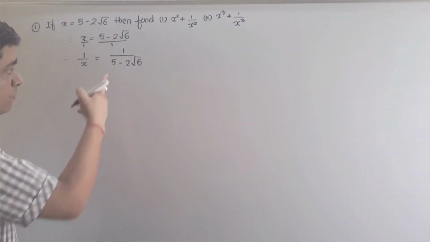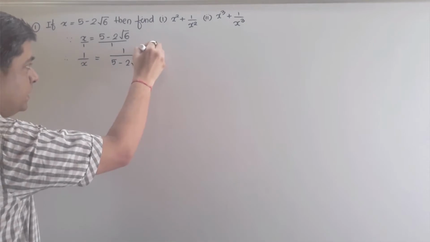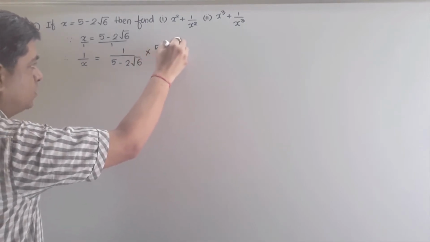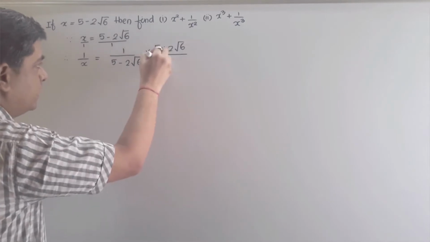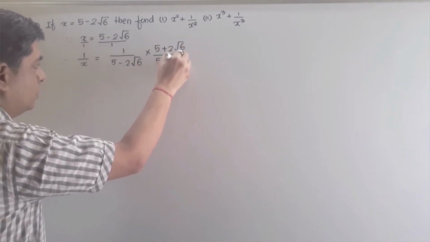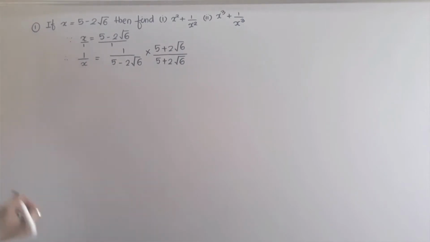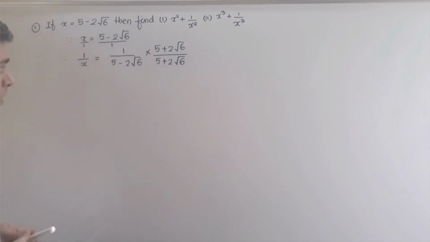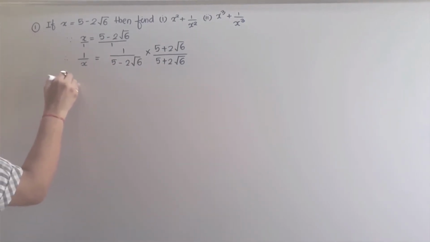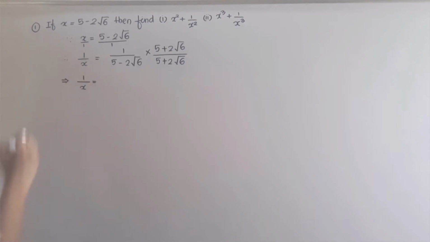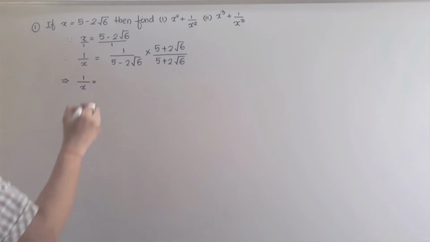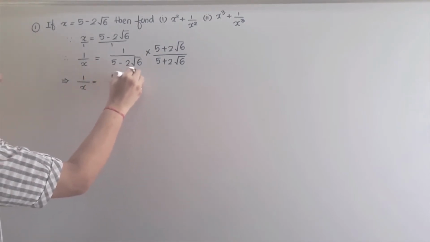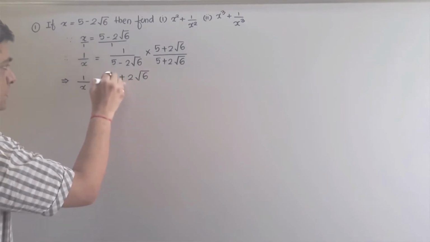Now further, I am rationalizing the denominator. So multiplying and dividing by 5 plus 2 under root of 6. Okay, you know how to rationalize the denominator. For rationalizing, I am multiplying and dividing by the same denominator, only the sign between the terms I am changing. Since here it is given minus, I am taking plus. Now 1 upon x will become, since 1 I am multiplying in 5 plus 2 under root of 6, the same 5 plus 2 under root of 6 upon